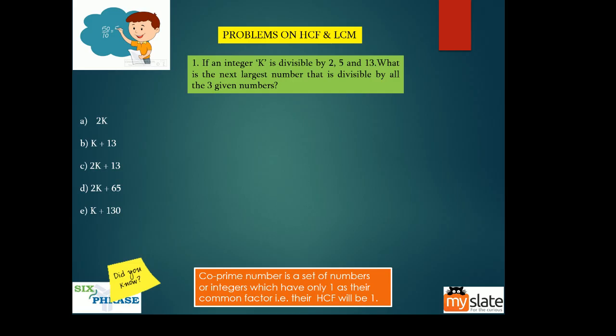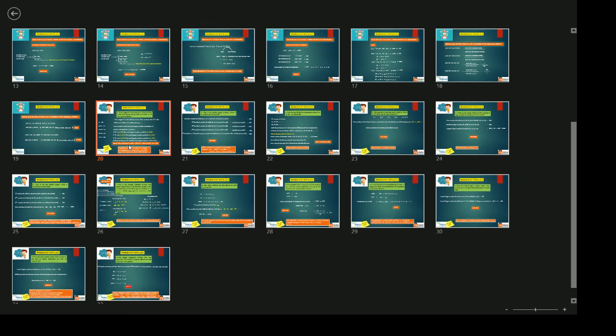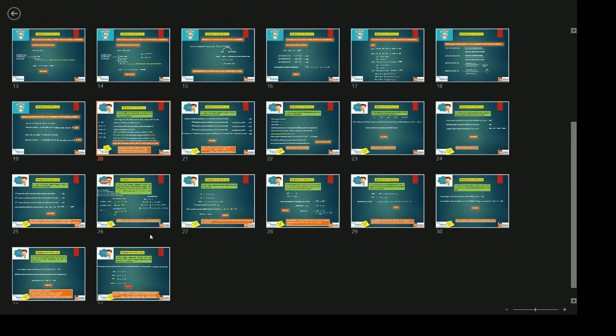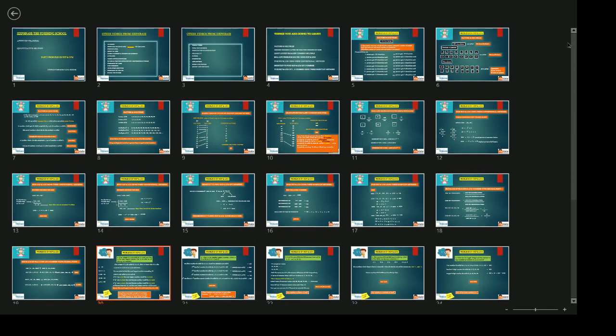Now an integer k is divisible by 2, 5 and 13. What is the next largest number that is divisible by all the three given numbers? I want you to cast your mind to this slide